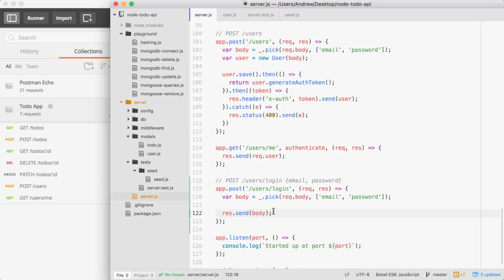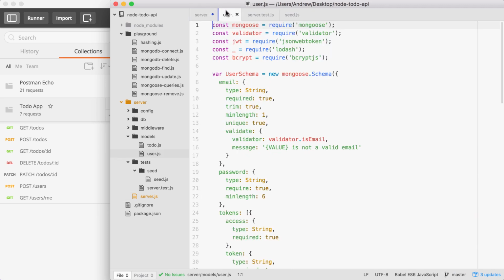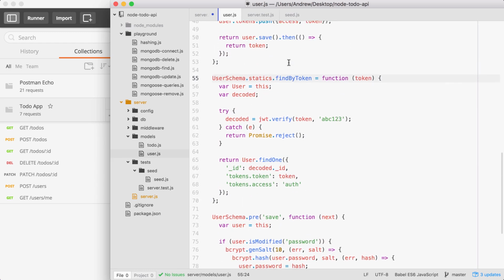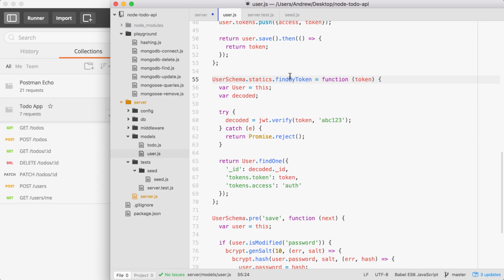Now, the first thing we need to do is verify that a user exists with that email. Then we're going to go ahead and get its password property and pass that through bcrypt compare. Now, all of this is going to happen inside of another model method. We're going to create a model method just like we have in users. We have an existing model method. It is called findByToken. We're going to make a separate one called findByCredentials. This is going to take the email and password as arguments. It's then going to do its thing, returning a promise with the user or with an error if the user